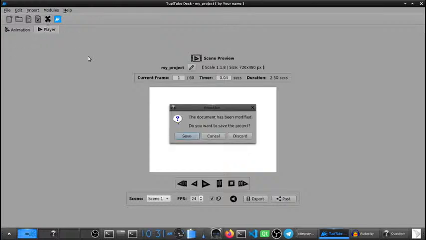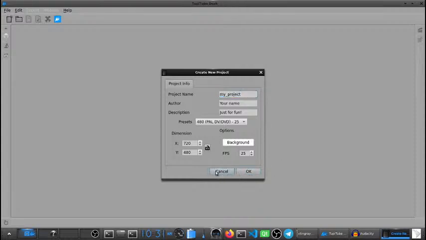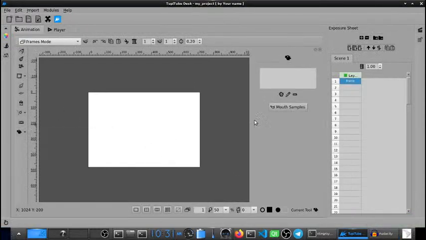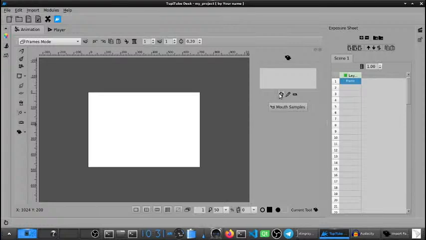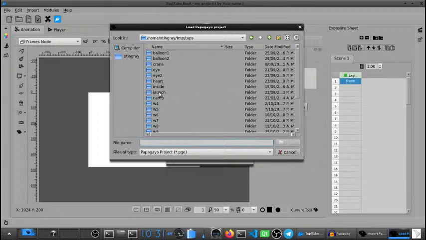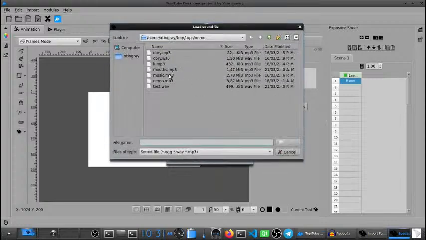Let's take a look really fast at how it looks to use my own set of mouths. I'm going to use exactly the same example, but this time I'm going to load the sound file.